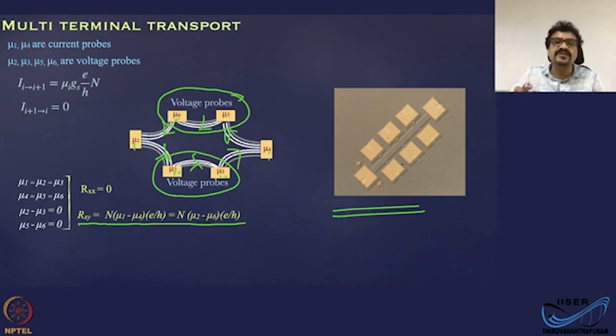Mu3 minus mu6 is the same as mu2 minus mu5, because mu5 is mu6, which is the same as mu4. Mu2 minus mu6 is the same as mu2 minus mu4, which is the same as mu1 minus mu4, because mu2 is mu1. Okay, so what that means is, if you measure just a two-probe resistance, that is, if you do,